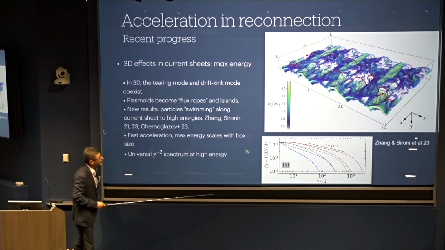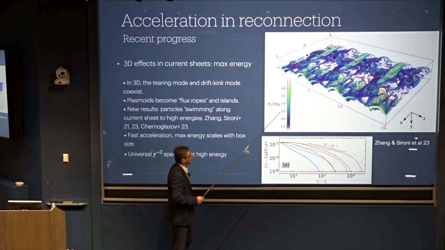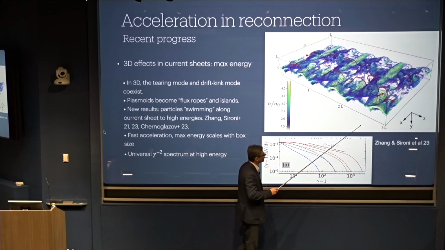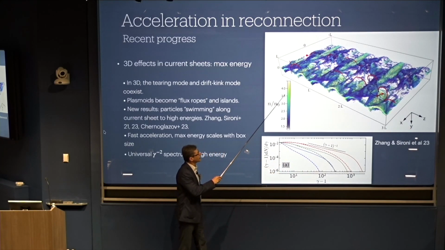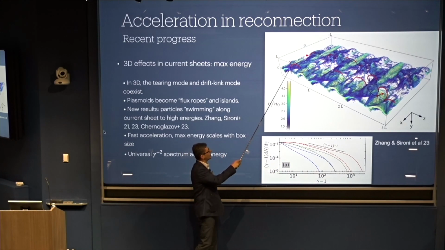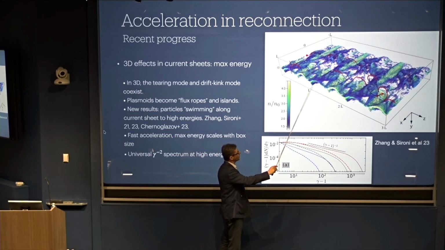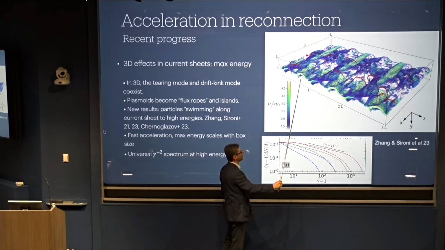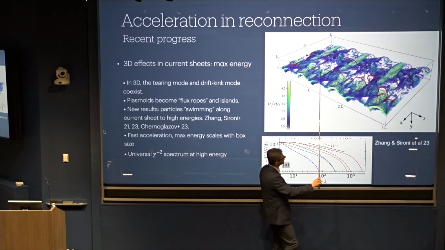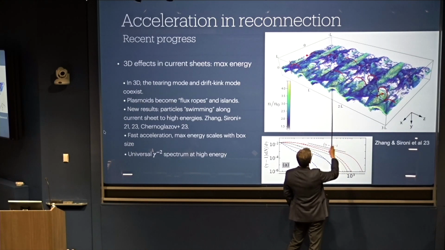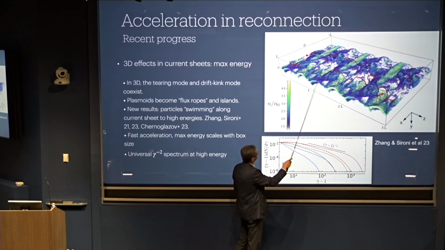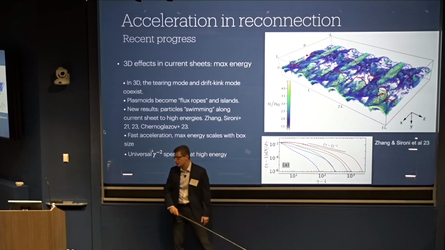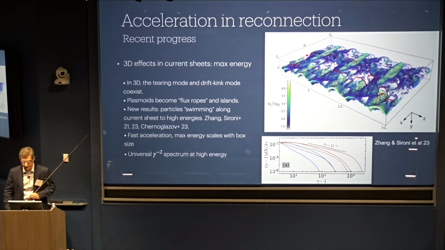The point is that in 3D, when run with large enough boxes, it is possible for particles to not get stuck in the plasmoids and instead kind of surf around the current sheet. So they can go up and down into what we call the upstream and the downstream, where the coherent field is. In this case, the field is, I believe, like this and like that. So you can see here an orbit of a particle. This is from work by Lorenzo's group, which kind of surfs around this current sheet and sees converging flows towards the current sheet, accelerating to very high energies.